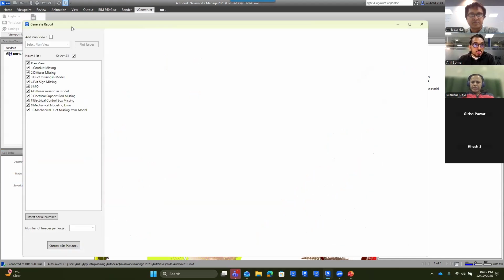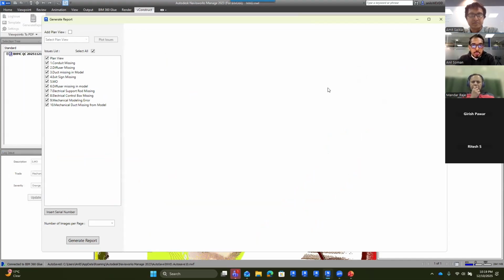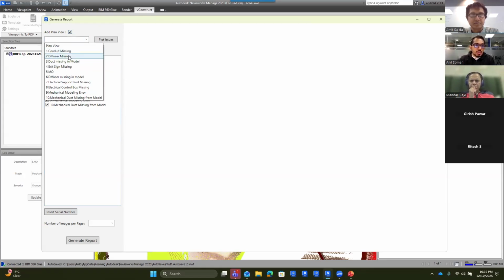If I click on generate report, it's again another pop-up. It has a preview pane on the right side, and let's focus on the left side. The first option we have to choose is a plan view, whether we want to use a plan view or not. Most of the time, people are familiar with the plan view with grid lines, so that they have a reference of the spatial location of what we are talking about. If I'm saying an exit sign is missing, it would help them to know where it is located. In that case, we can just click over here,